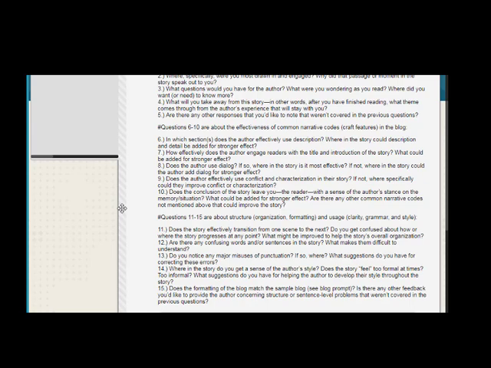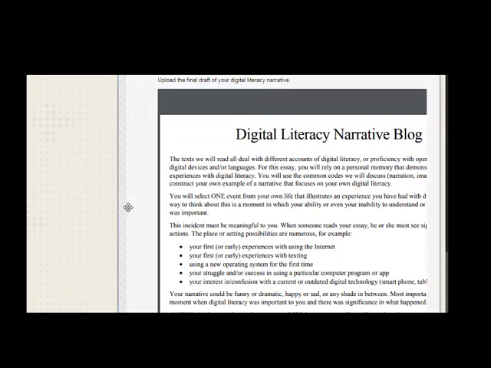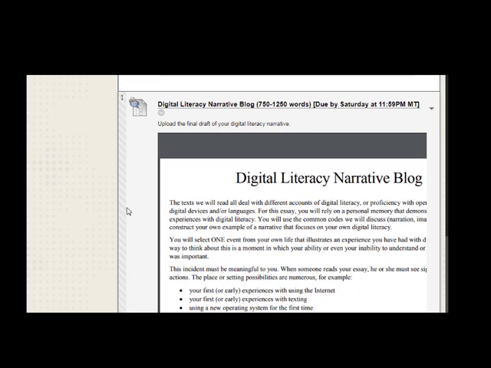However, if you feel like your group is too big and you just can't review everybody's, let me know, and we'll talk with your group about how we might evenly distribute that so that everybody gets covered and everybody gets feedback. So this feedback for your group on their blogs is due Wednesday by midnight. That's so we'll have the rest of the week to use that feedback and revise. The final blog will be due Saturday at midnight, and you'll want to take all of that feedback from your peers and incorporate it, the heavy revisions, but also the editing concerns, and upload it to the final digital literacy narrative blog by